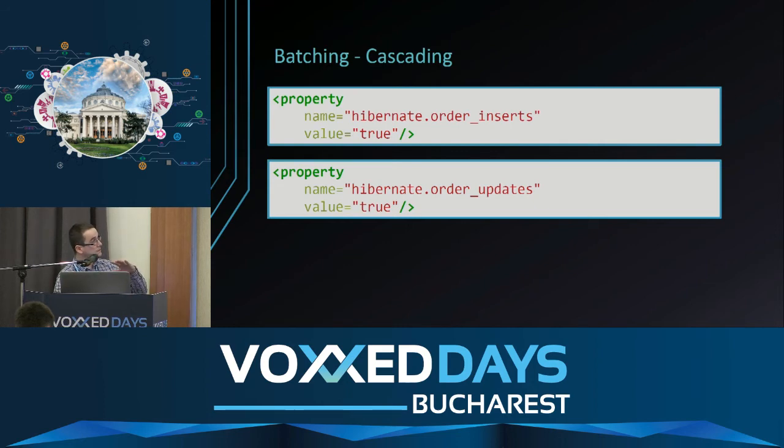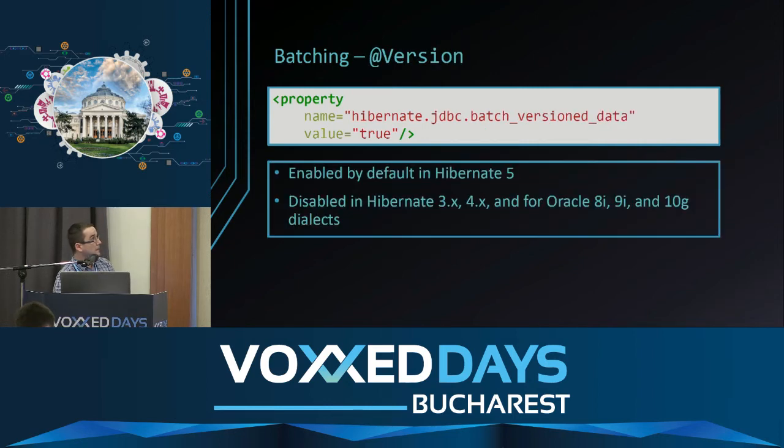So if you set the batch size, you want to set those to true, because they are very, very important for cascading. Okay, and if you're using an old version of Hibernate or some old version of the Oracle drivers, you will see that